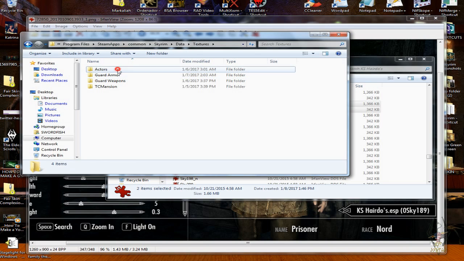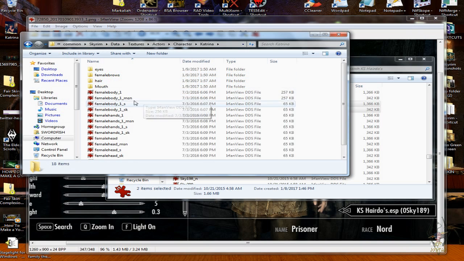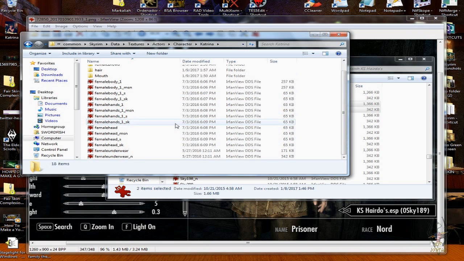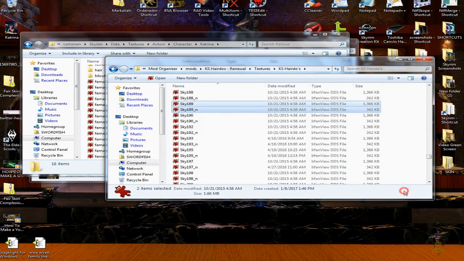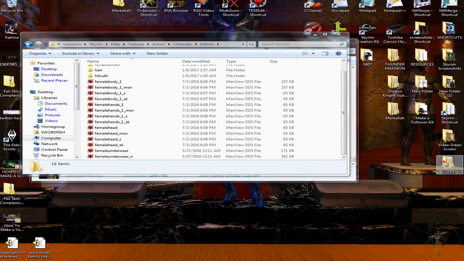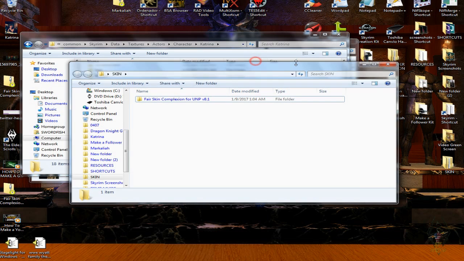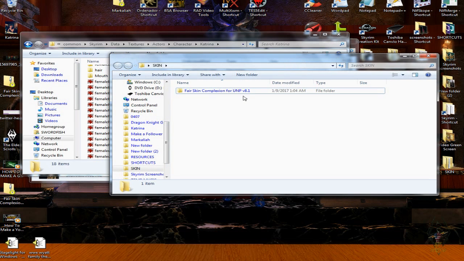So go to textures, actors, character, name of your follower, and what you're going to need is all the textures for the body that you've chosen. So I will go ahead and I'll drop that right there, and I am not going to need this, so I'm going to close that. I happen to have all the textures already in a folder on the desktop,